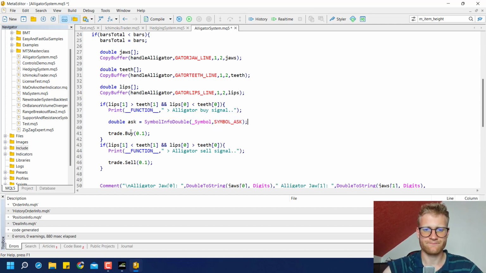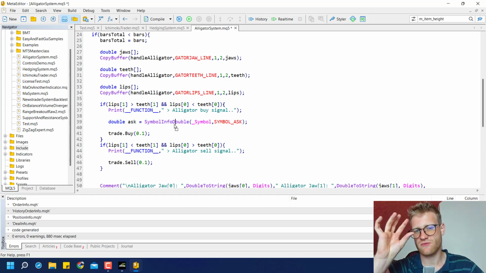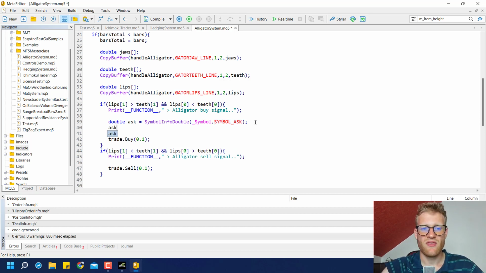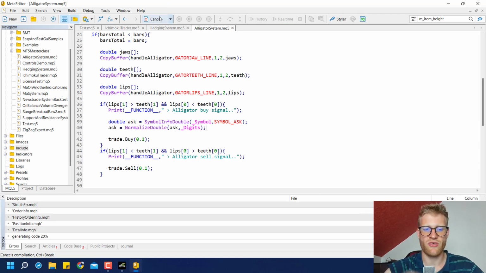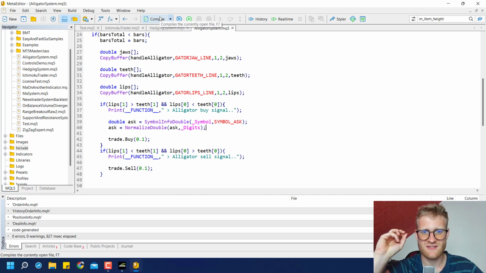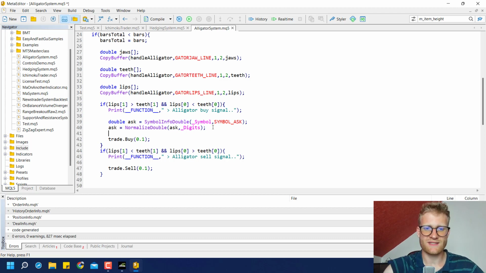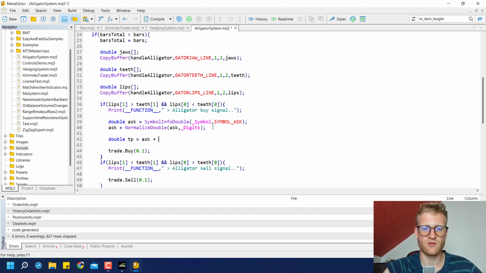We can use the SymbolInfoDouble function to receive a double information for our current symbol. So we provide a symbol, and as a second parameter we say we want to have the ask price. Then we can round this ask price. This is always recommended because we're working with prices, and computers sometimes have some issues with decimal values. So you should always round it if you're working with prices. And now we can use this ask price to calculate a take profit. So we add, for example, 100 points